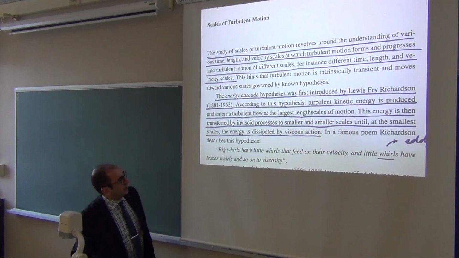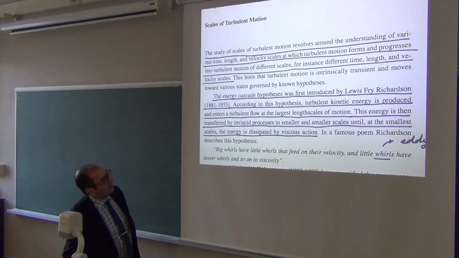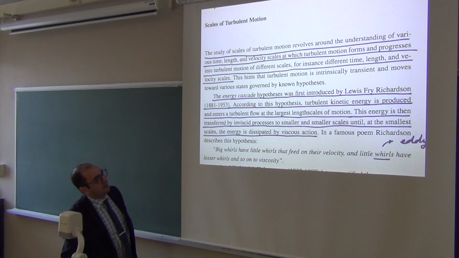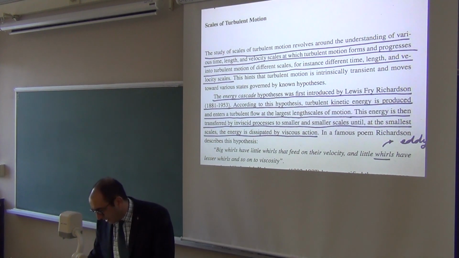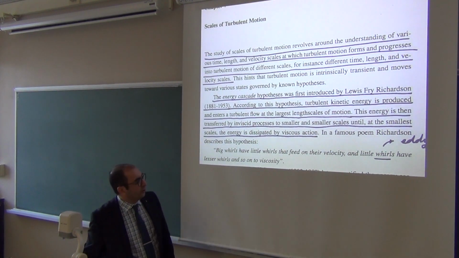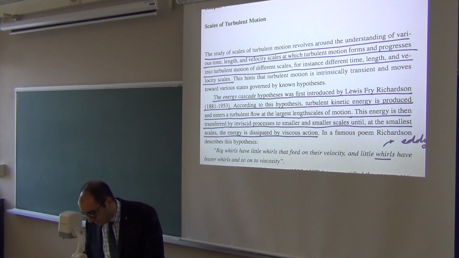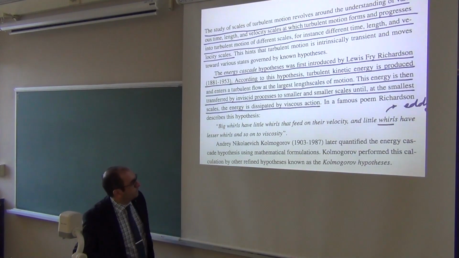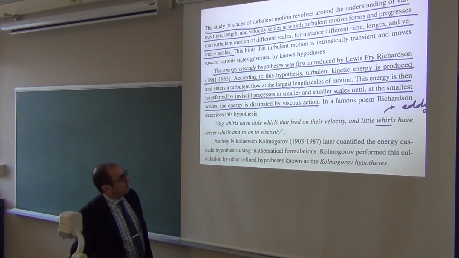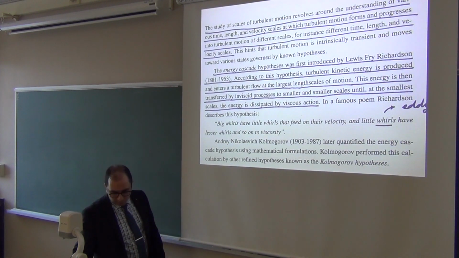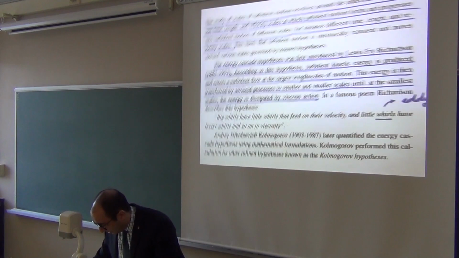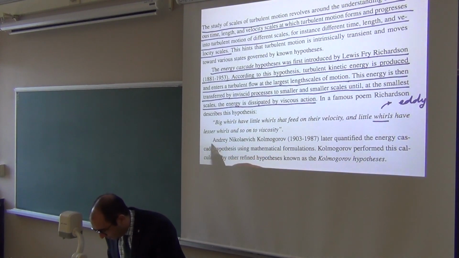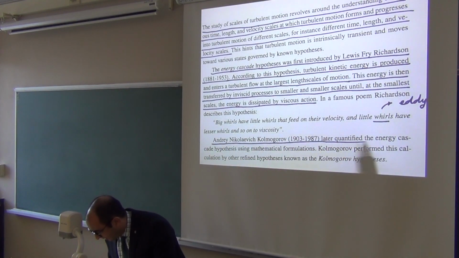He understood this, but he could not formulate it mathematically. He was a very good mathematician, but not good enough to formulate this mathematics. So then the next giant appeared, Andrei Nikolaevich Kolmogorov, a Russian mathematician who finally came up with a mathematical theory,